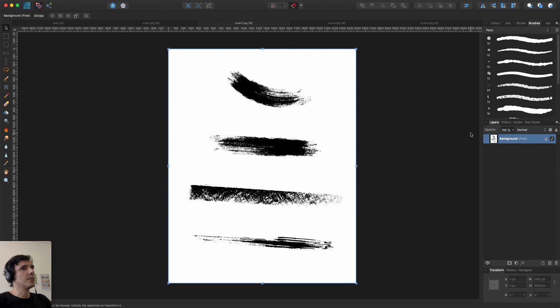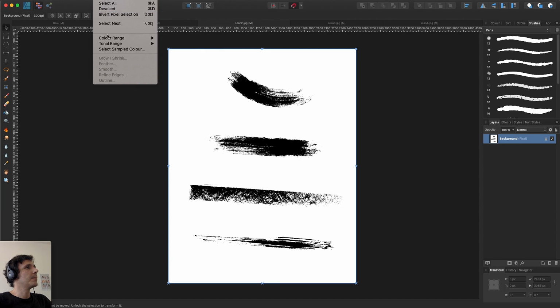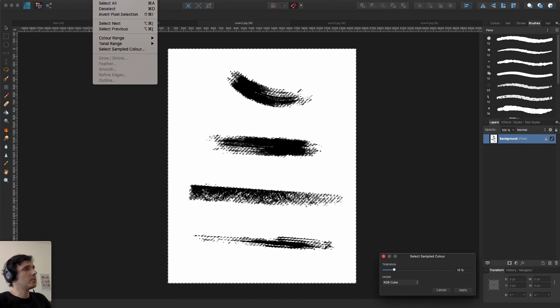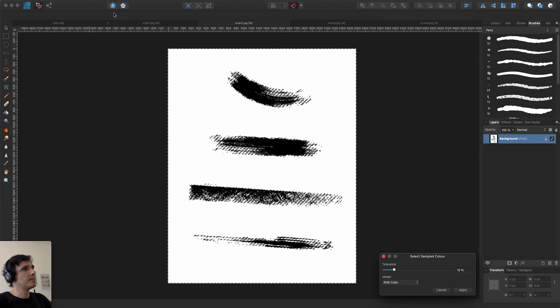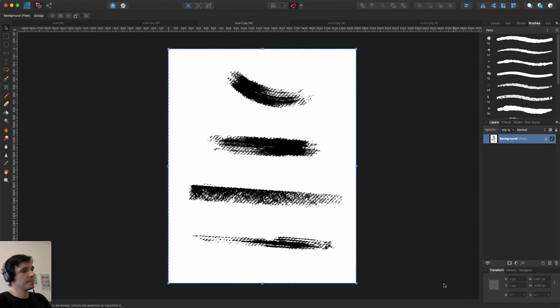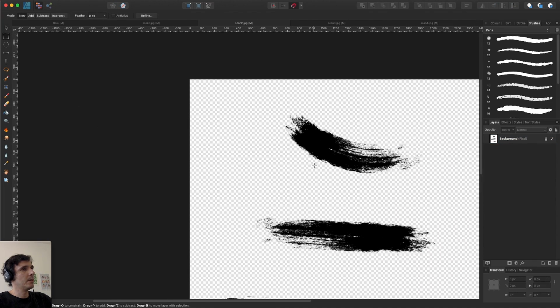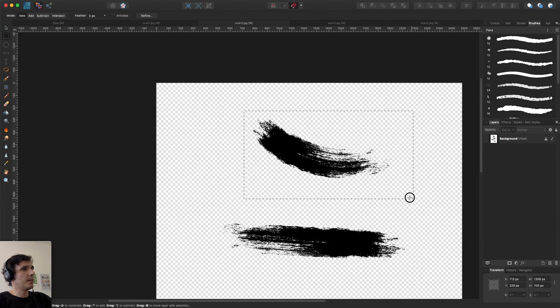Let's do the same thing with the others. So let's go here, select sample color. Next, let's invert, apply, and hit delete. Great. So let's also do the same that we did for the other ones.